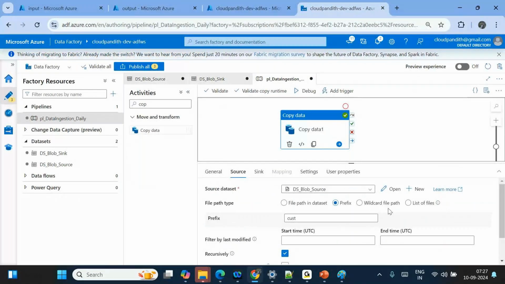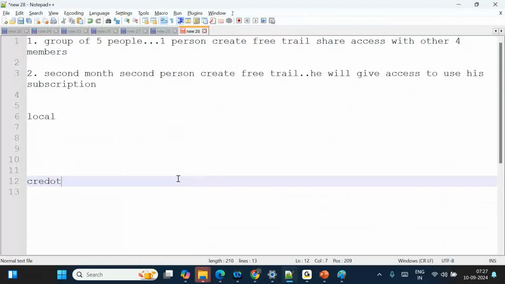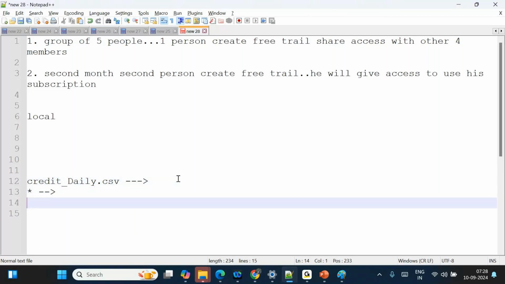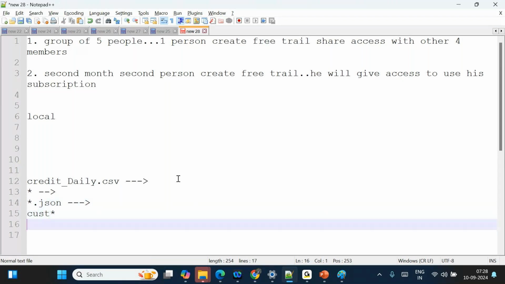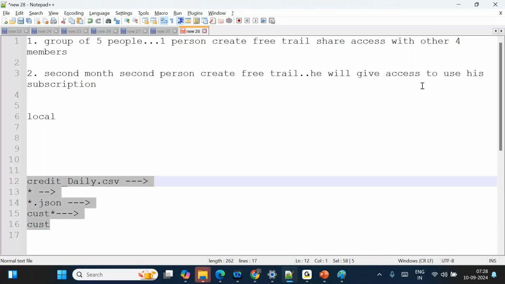What all things did we discuss? First, given the cust_daily.csv file, we loaded it. Next, we used a star to load all the files. Next, we used *.csv. Next, we used what? *.json to load only JSON files. Next, we used cust* to load the files which have the prefix cust. Next, we used the prefix option with cust. Correct? So these are just small changes we did to fulfill all these scenarios, but the connections, everything is the same,